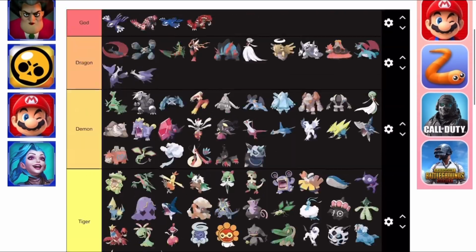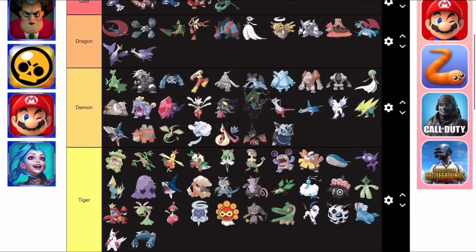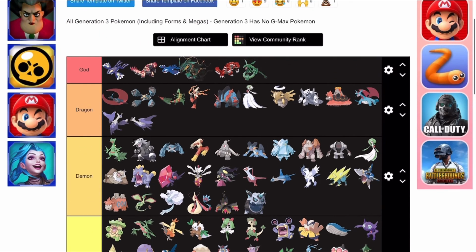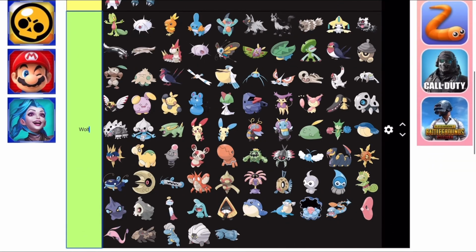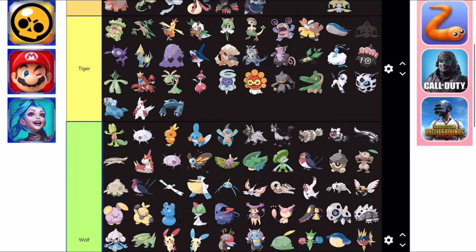So yeah, this is my ranking so far, there's also some other ones. Okay, Rayquaza is a god. Yep, Rayquaza. Mega Rayquaza is obviously the strongest Pokemon on this list. It can cancel out weather with its ability. So I think Rayquaza is stronger than both of these, but it's weaker than both the Primals. But Mega Rayquaza is stronger than the Primals. So yeah,